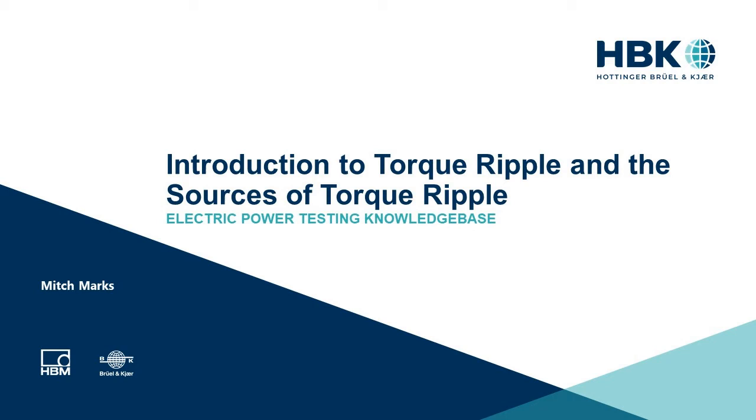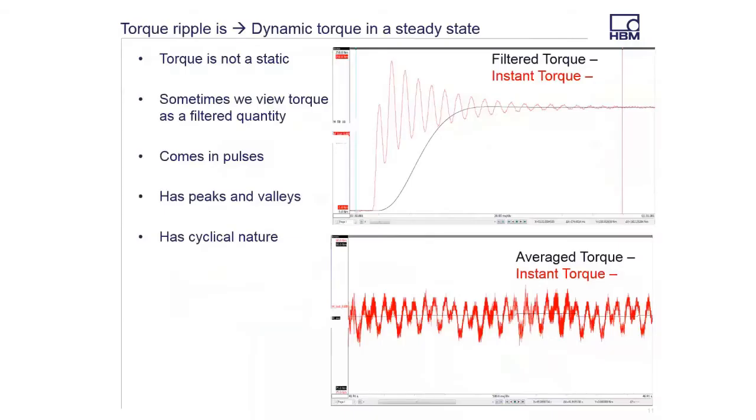So moving on, what is torque ripple? Torque ripple is really the dynamic part of torque on top of a steady state condition. I think a good way to demonstrate that is with this top right graph, where I have just a load step applied to an electric motor. And we see that torque has this big dynamic swing where we have this frequency and amplitude and settling time